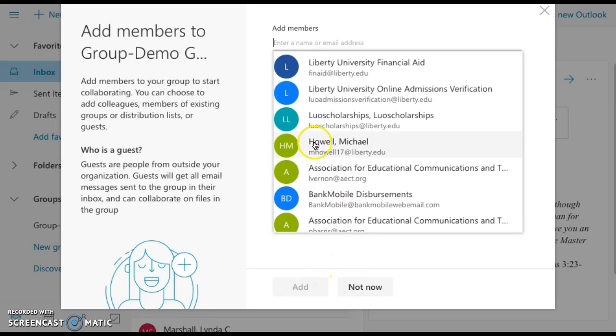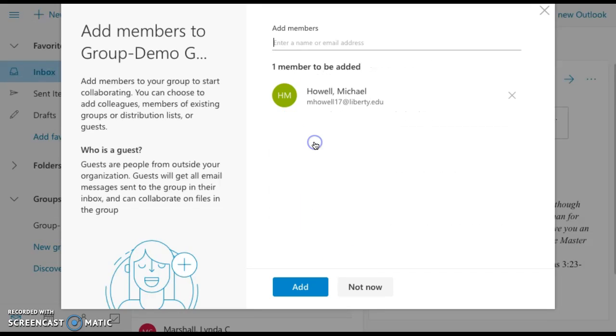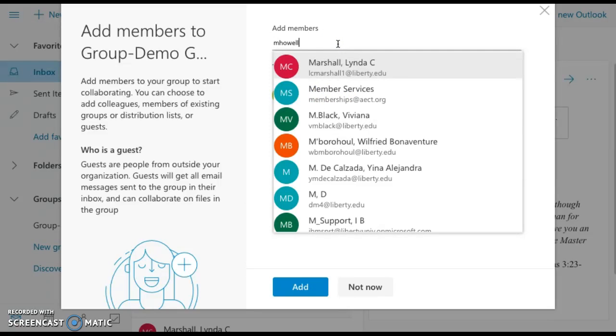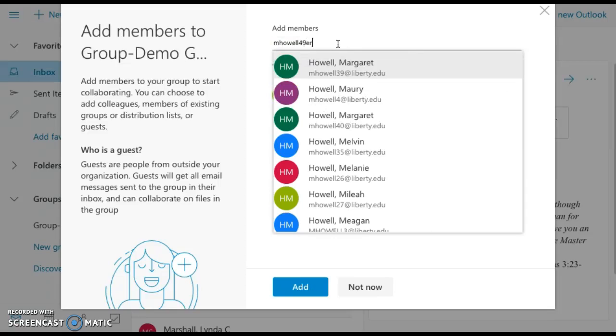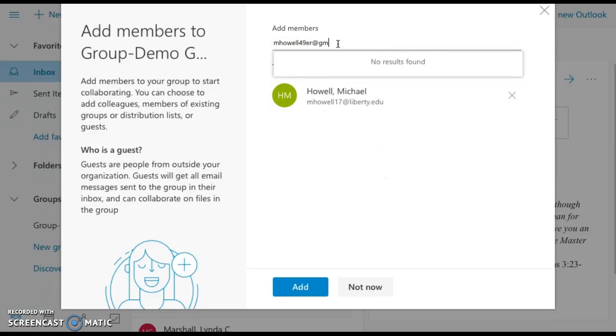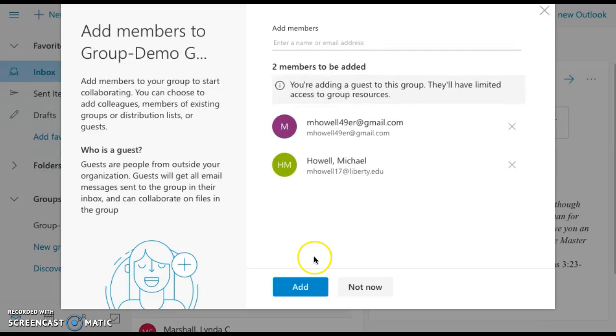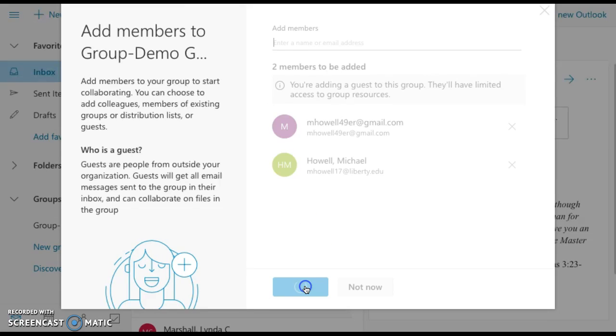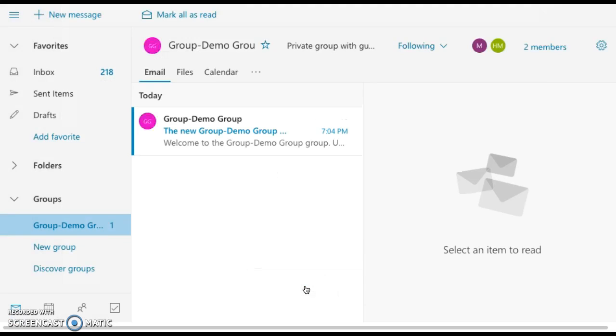You can add people that are in your contacts list, and it'll auto-populate, and then you can add people that aren't, and then you'll have to type in that email address. All right, once you've done that, you can add these members to the group, and now you have created your